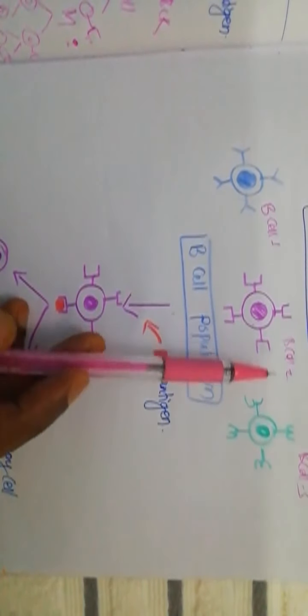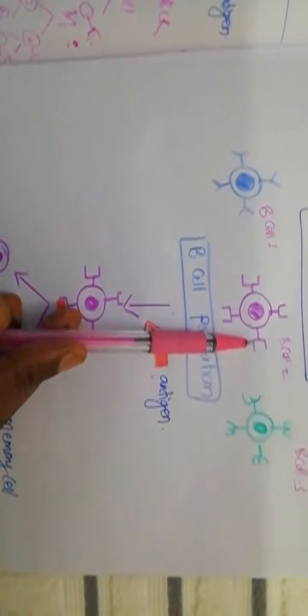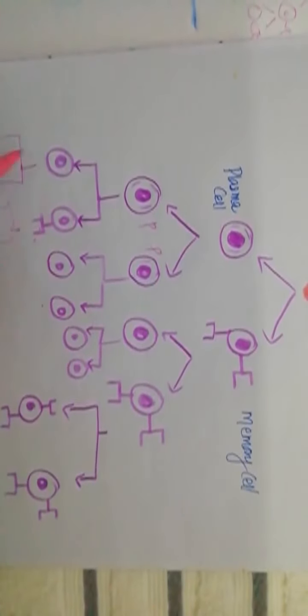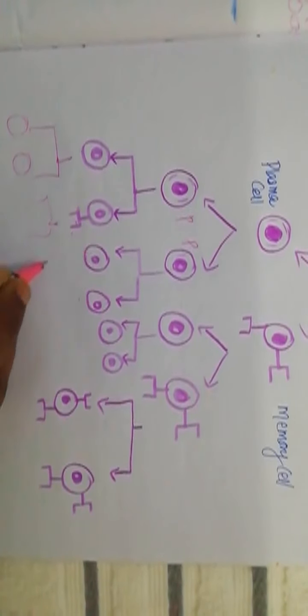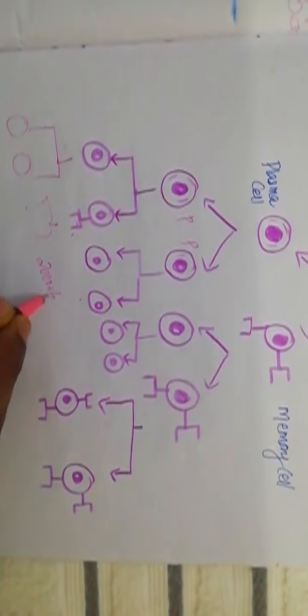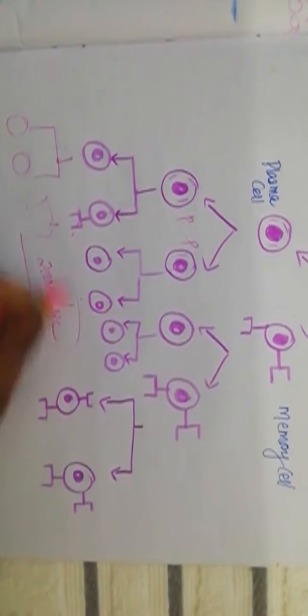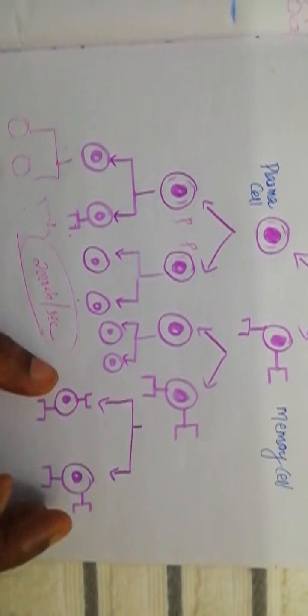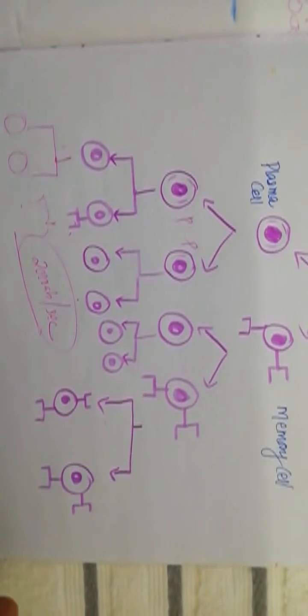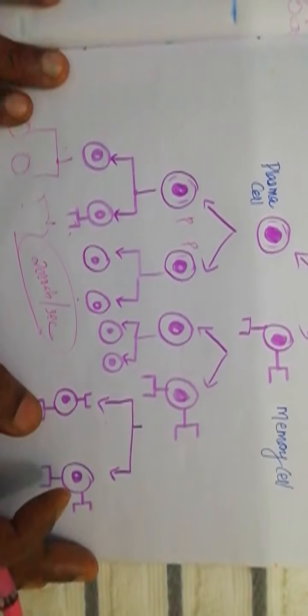coming inside, that will be identified by some of the B cells. Whichever B cell identifies it will undergo further multiplication and many copies will be formed, so that your body will get enough amount of antibodies. You remember how much antibody? 2000 antibodies per second. So that many antibodies will be synthesized. So you will have a very good concentration of antibody, and your infection will subside. Okay, so this is what happens in the case of clonal selection.